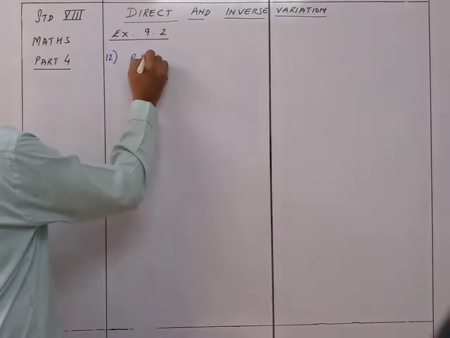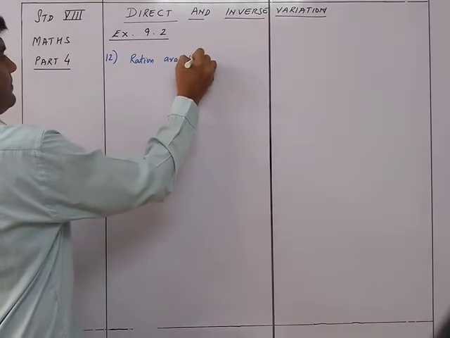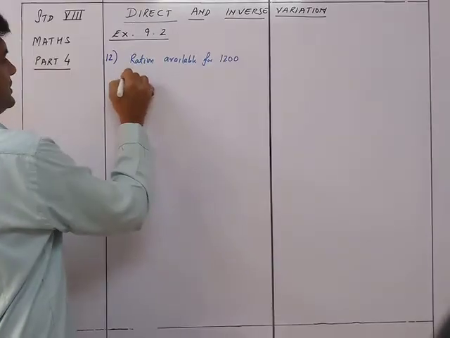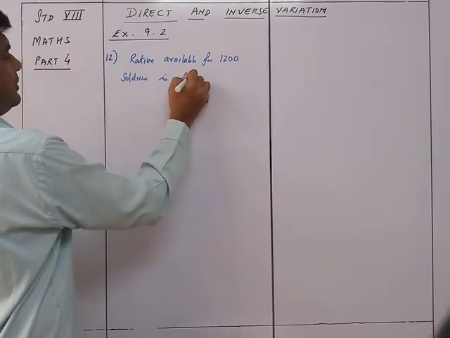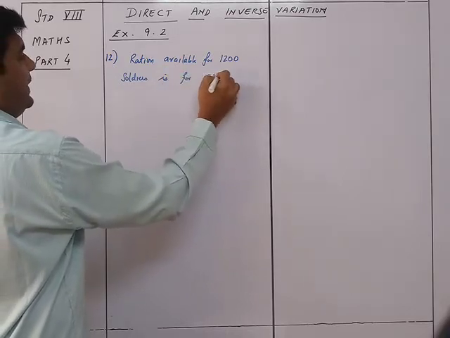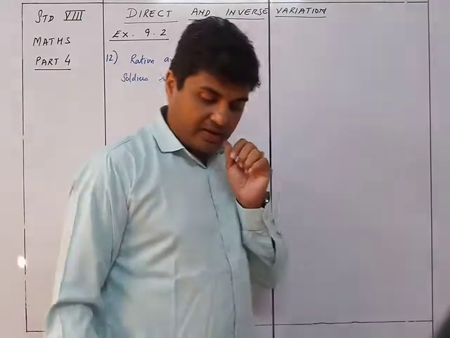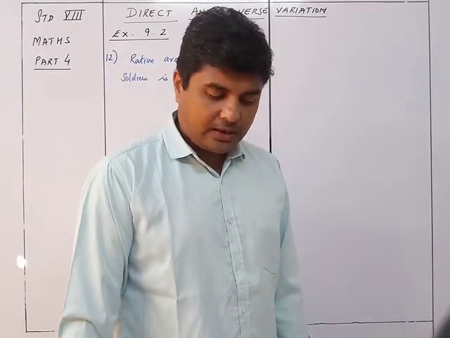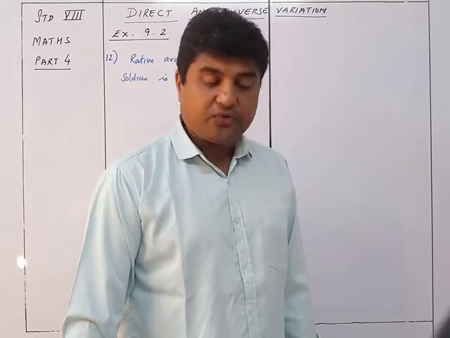Ration available for 1,200 soldiers is for 28 days. What happens? After 4 days, some soldiers were sent to another fort, and thus the food lasted for